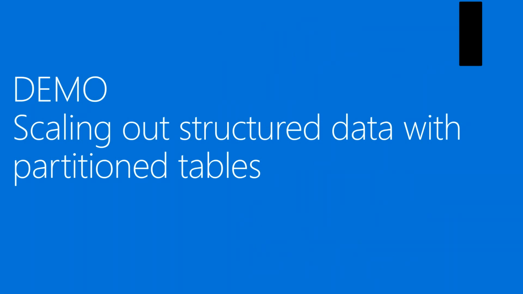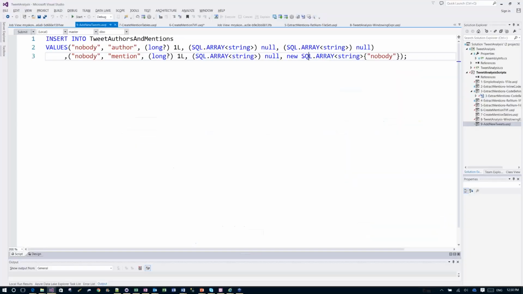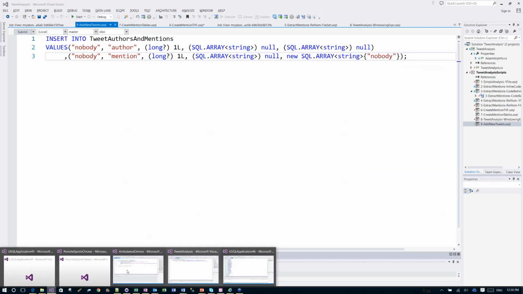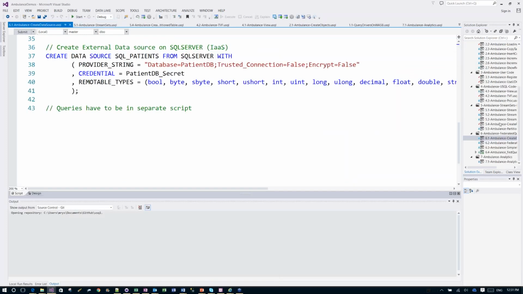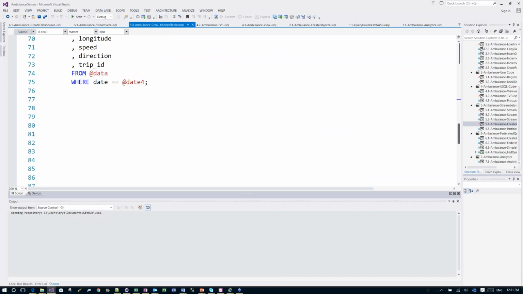So let me now start with the last topic, which is my scale-out story. Now, for that, I'm going to use a slightly different data set that I have been using to show that, which is basically some form of